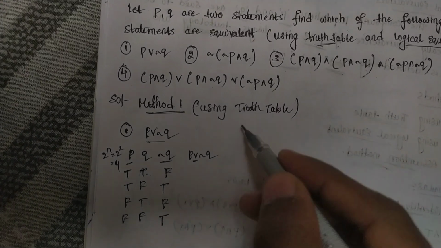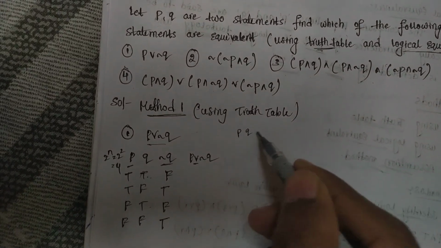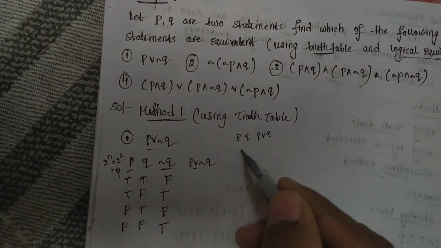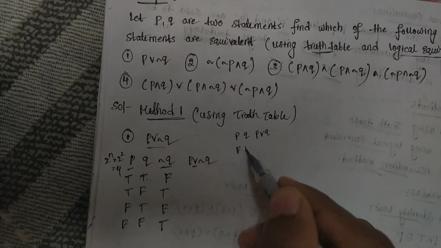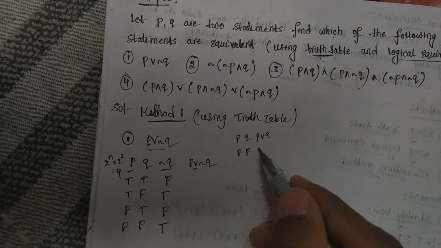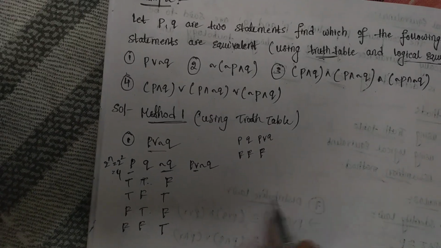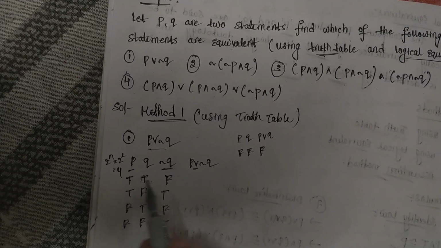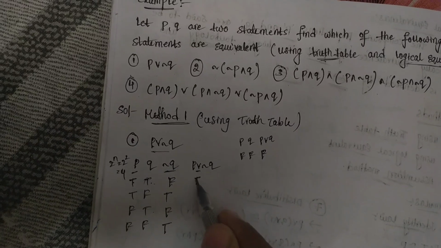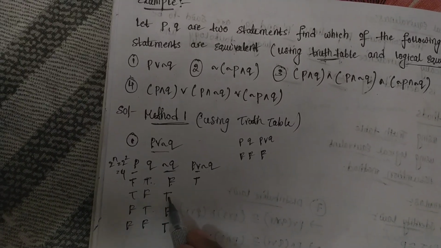So in the or connective we know that in P or Q, if P is false and Q is false, the whole statement is false only. In other cases all are true. So here one true is there, one false is there, so we get true only. Here one true is there, one true is